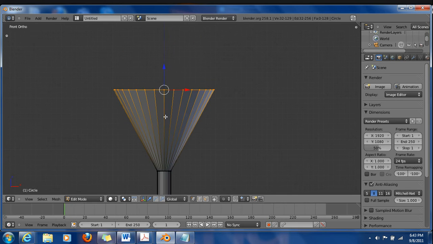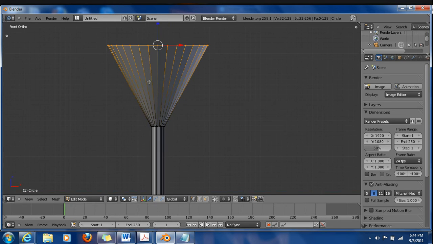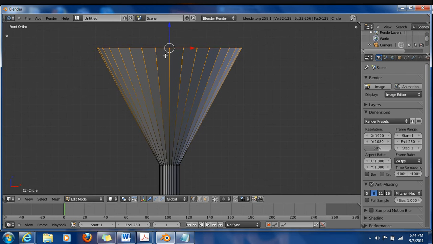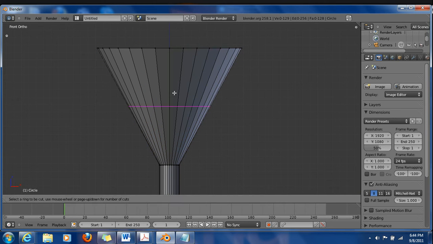We're going to add some edge loops between these two edge loops. To do that, you hit Control R, and then wherever face you hit, it adds an edge loop between that. You can scroll up to add more, so I scrolled up so I have 2, 3, whatever you want. If you do 1, it goes right in the middle. 2, it does it every third, and so on. So let's add